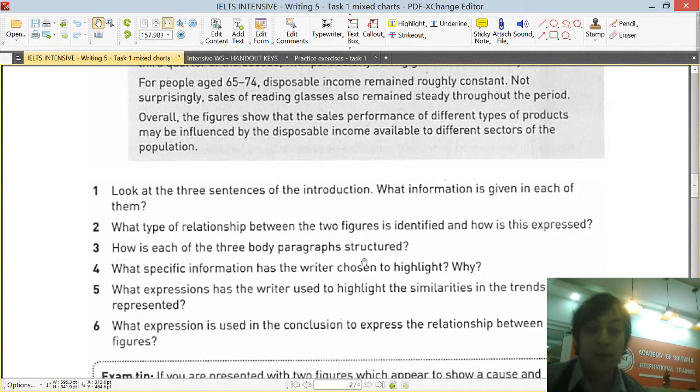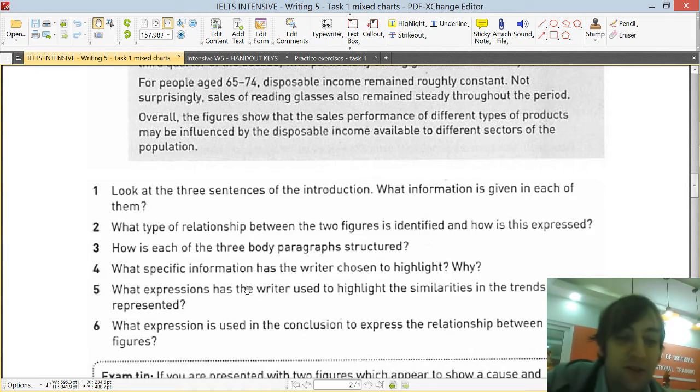Okay. What specific information has the writer chosen to highlight, and why? So the writer has focused on peaks in both trends because this is sufficient to demonstrate that there is a connection, which is exactly what we said in part 3 of exercise 1. And number 6, what expression is used in the conclusion to express the relationship between the 2 figures? The answer to this one,